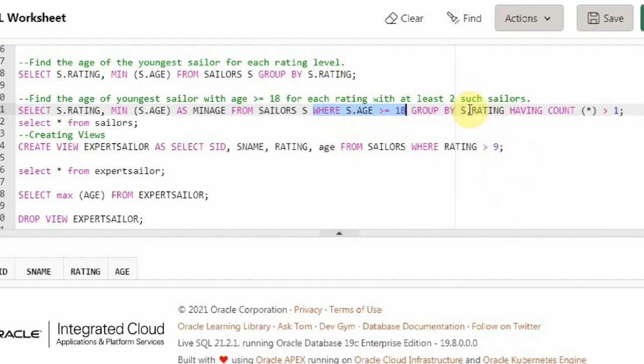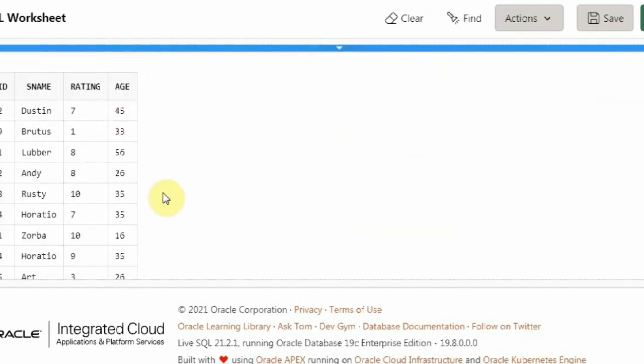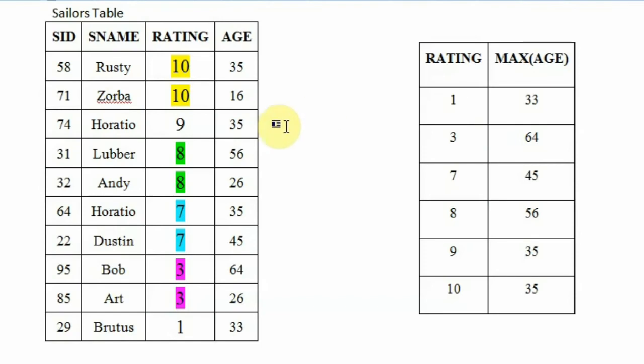After grouping by rating, now there is a condition. Let me show you the group. So this is the group. What is the question? I want to consider the groups which have more than one entry, meaning that I should consider only ratings 10, 8, 7 and 3. I should not consider 9 and 1.